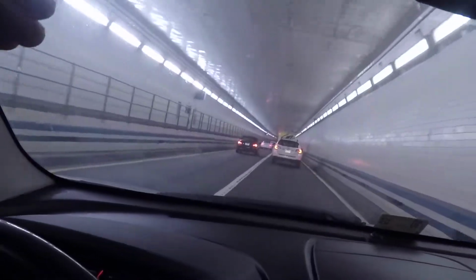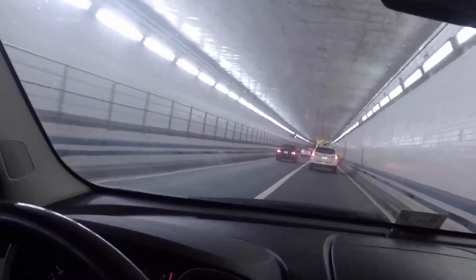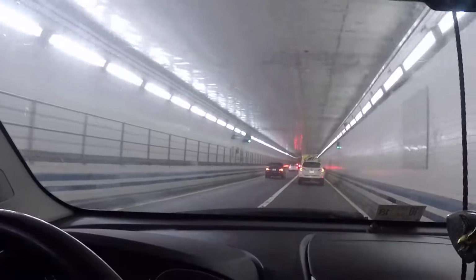So anyways, this is where we're gonna be fishing, right here, right above what they call the tubes, right above the tunnel. So what we are actually driving into is creating some awesome structure for the fishing today. So that's pretty much what I got going on in my life today, and hopefully we can get on some